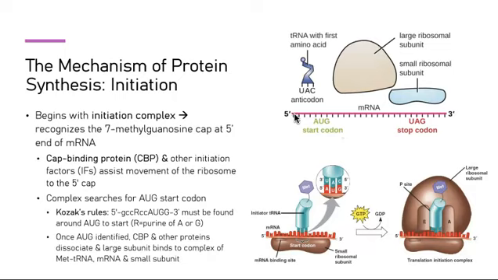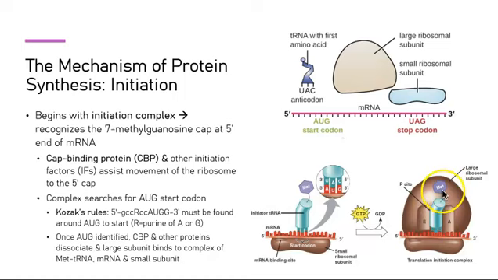Our complex looks for that AUG start codon, and also we're going to find this sequence known as Kozak's rules found near that AUG in order to start. And we'll also have the R in here represent either an adenine or guanosine, but can't be C or U in that area. So then our ribosome is going to find the start codon and bind, and our MET tRNA,